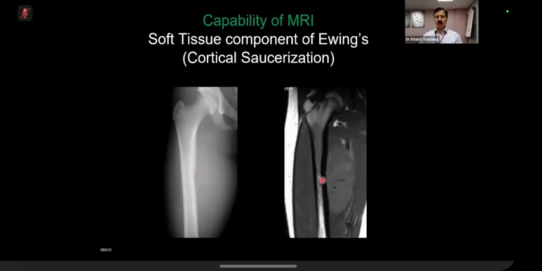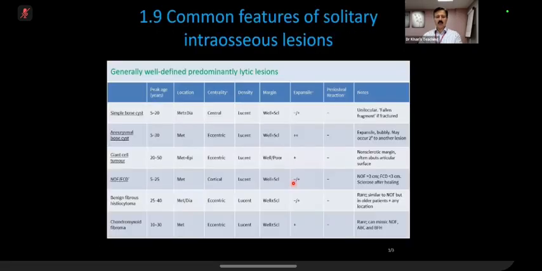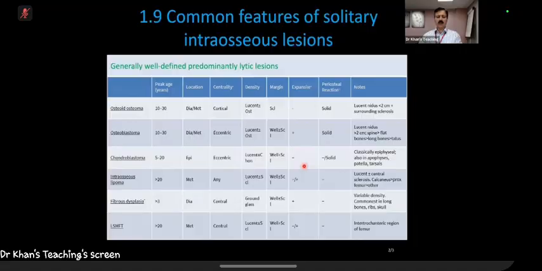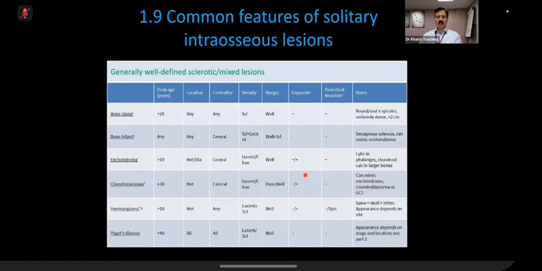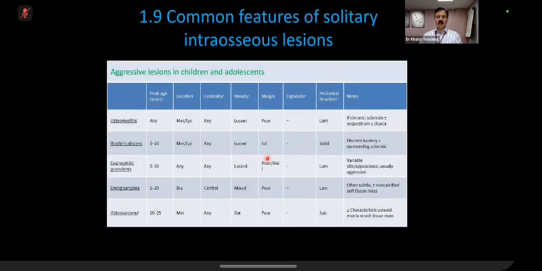And when you do an MR, you can see that there is an Ewing sarcoma, which has a huge soft tissue component. In the latest Chapman, you can see all of these things beautifully produced in a tabulated form, and the take-home points are given there. I find them very useful, so I'll recommend that you go through them, and I'll put them in slides also